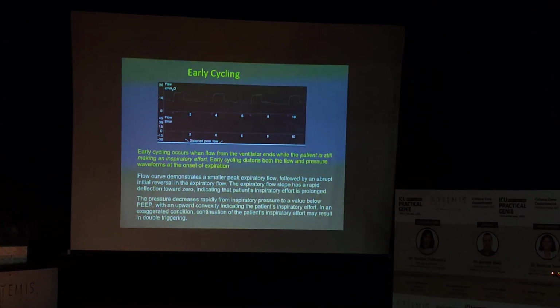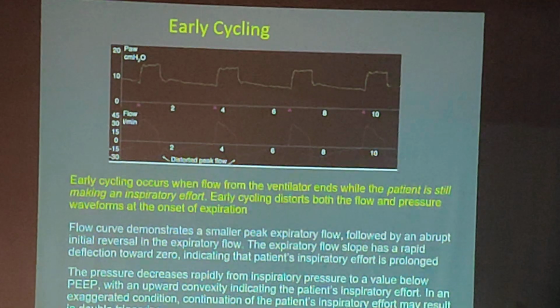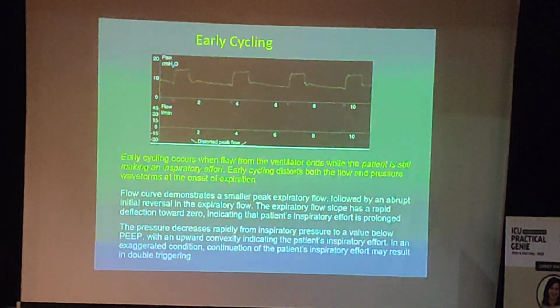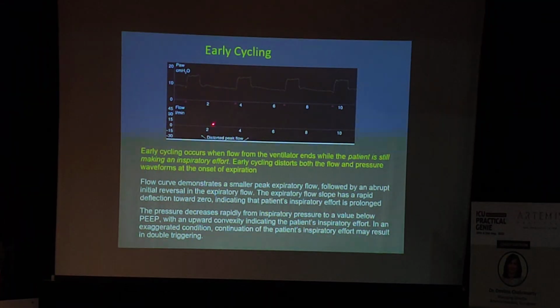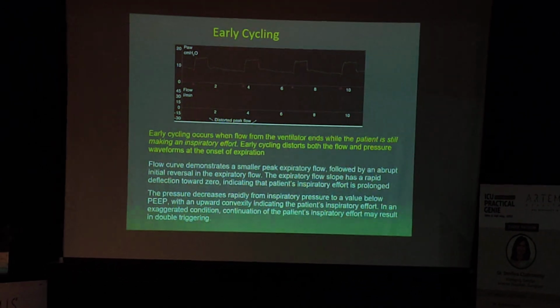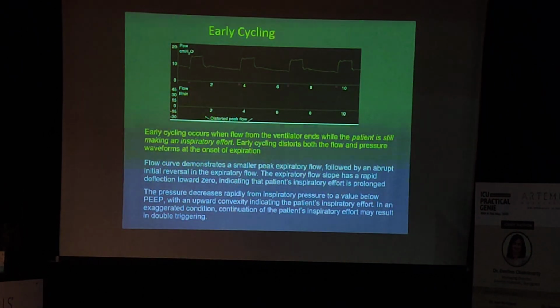Then there is early cycling, which occurs when flow from the ventilator ends while the patient is still making an inspiratory effort. Early cycling distorts both the flow and the pressure waveforms at the onset of expiration. This is the onset of expiration. Flow curve initially demonstrates a small peak expiratory flow followed by an abrupt initial reversal. So it just comes to the baseline